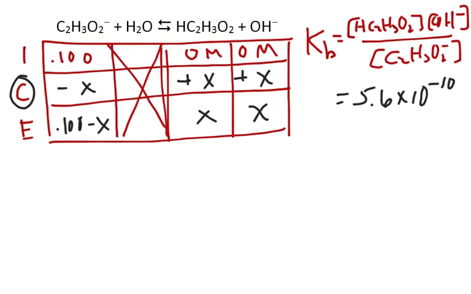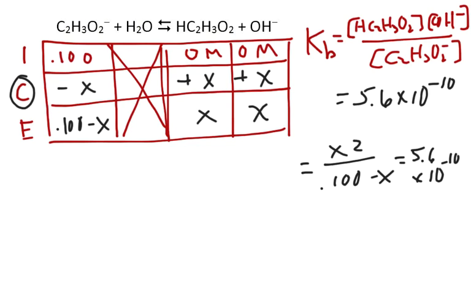Putting this back into our expression, we can see what we're going to have is X squared over 0.1 minus X equals 5.6 times 10 to the negative 10. I'm a little smushed. Now, this equation here is going to turn into a quadratic, but we can make our